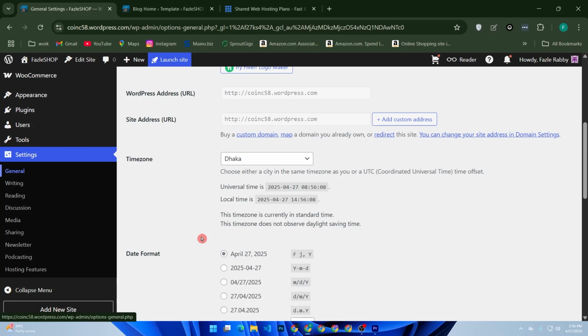And that's it. You have successfully created a forum on your WordPress site using bbPress. Now you can start building your community and engaging